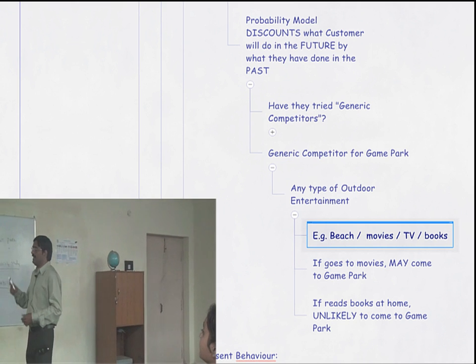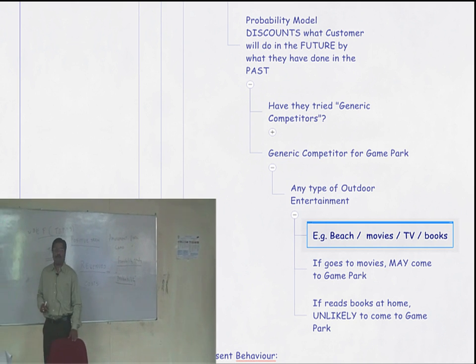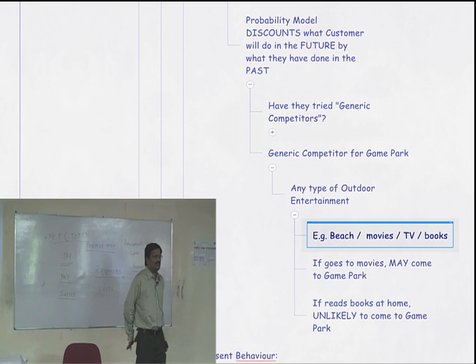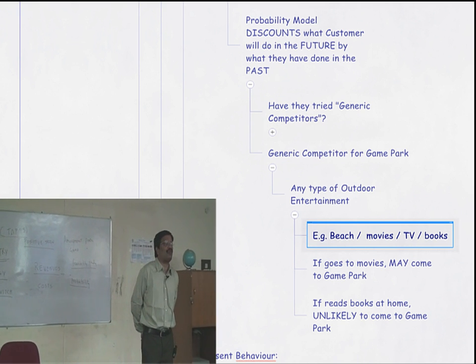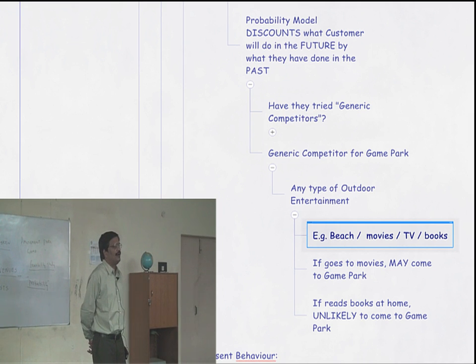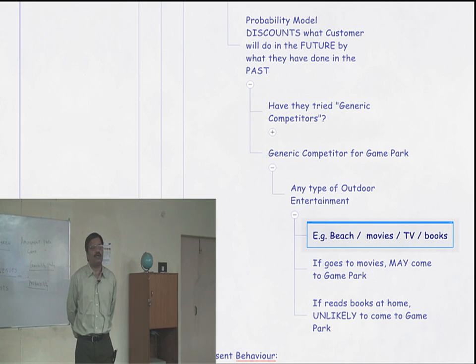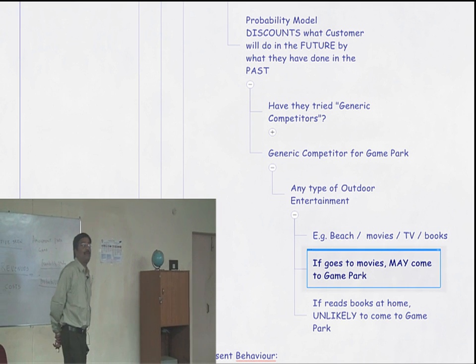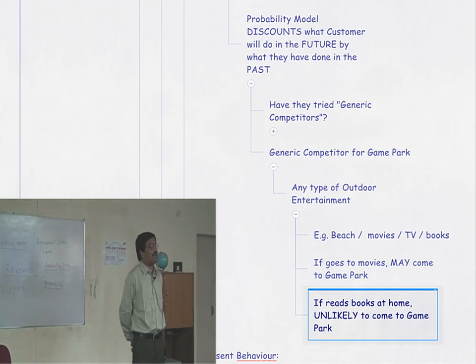Okay. So today, if he's saying he'll go to an amusement park, is he actually going out? Or is he just sitting in the house and watching TV? Is he only reading books? If he says, I love reading books at home, what do you do in free time? I spend only time watching TV and reading books. The probability that you will actually come to an amusement park is very less. But if somebody says, going to Inox movie is my way of spending time, in all probability there's a higher probability that this person will actually end up going to an amusement park.